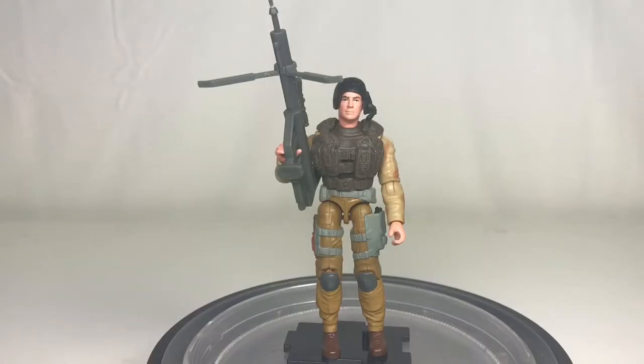Okay, and we're back with the figure in general. I do have to point this out right away. I did buy this figure loose. He did not come with the correct gray 1911, so I had an extra 1911. I just kind of threw it in his holster there on the side. So if you do see a black one, he's supposed to come with a gray one, but I had to replace it because he just simply didn't even come with one. Got this figure on the cheap side, so that's why he didn't include everything,